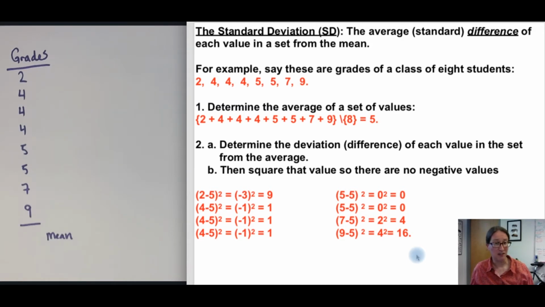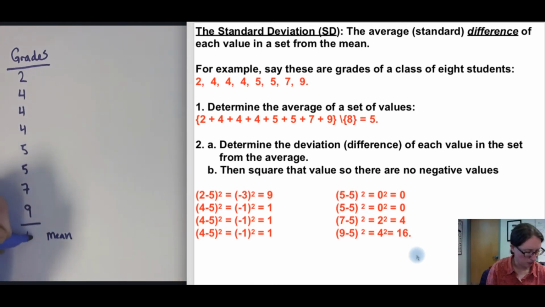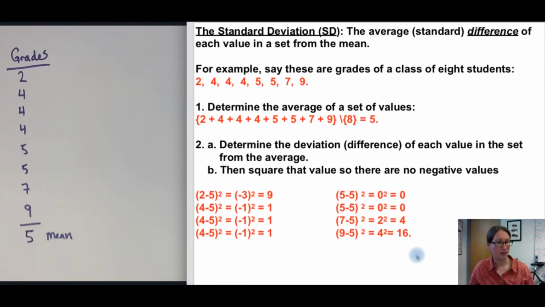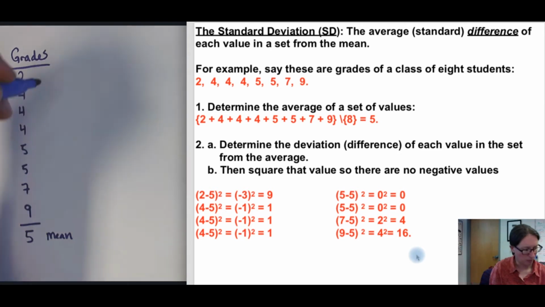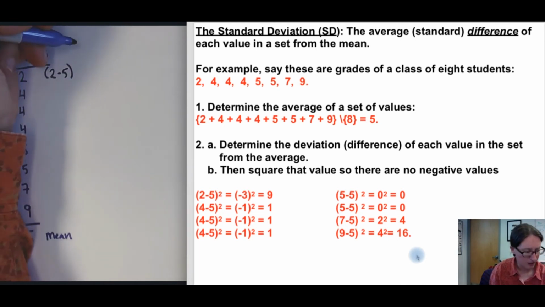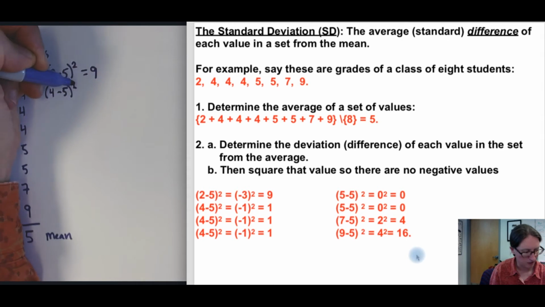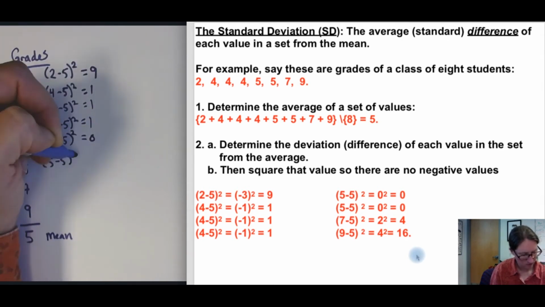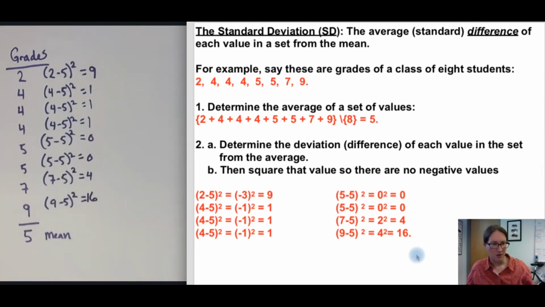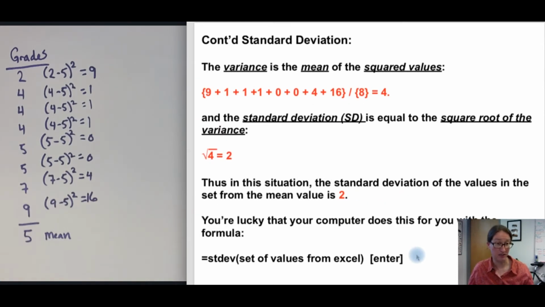So standard deviation, the definition of that is it's the average or standard difference of each value in a set from the mean. So again, here's the set of grades from this class. We can calculate our average, add them all up, divide by the number of numbers, and we're going to get an overall average or mean of 5. And for the standard deviation, we'll start out by looking at the deviation or difference of each value from that average. So for number 2, that's going to be 2 minus 5. And then we take that quantity squared. That gives us 9. Here is going to be 4 minus 5 squared, so that's 1. Okay, so we take this square so that we don't wind up with negative values, because those could cause some problems. Okay, so continuing with our definition of the standard deviation,